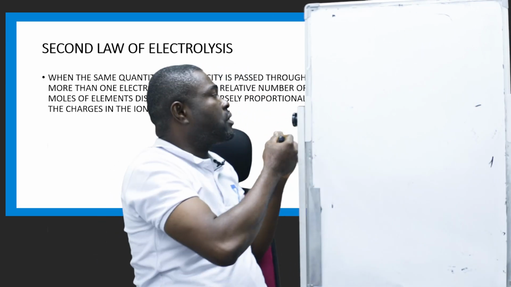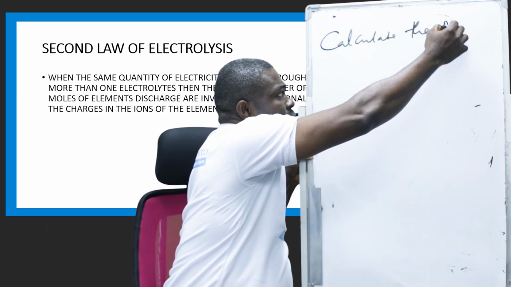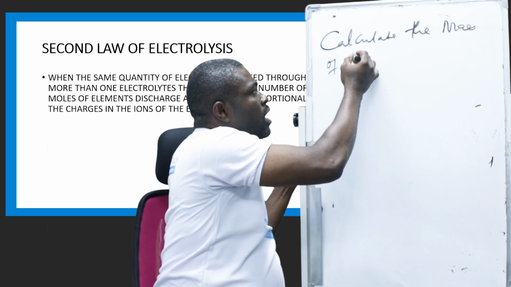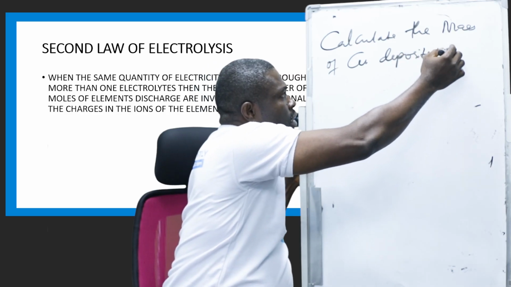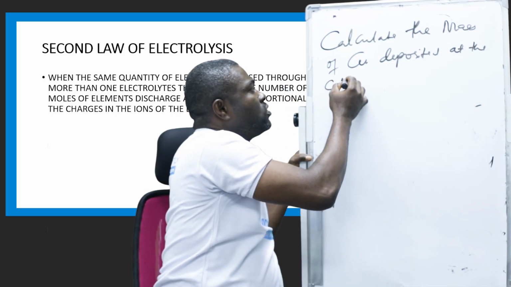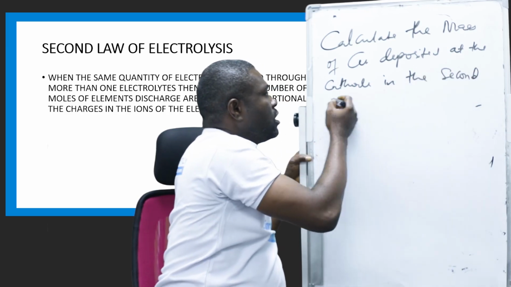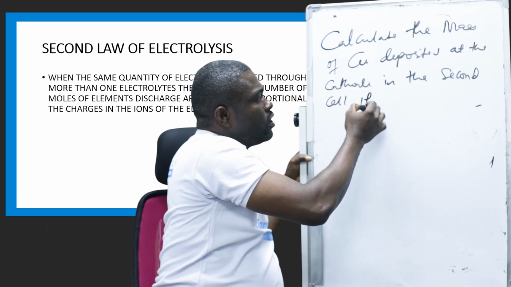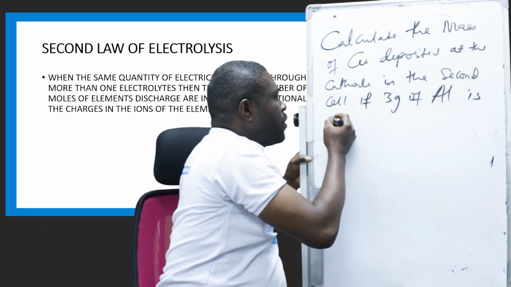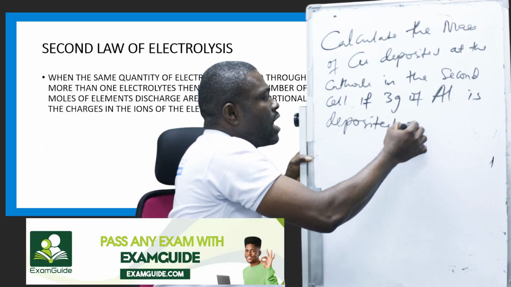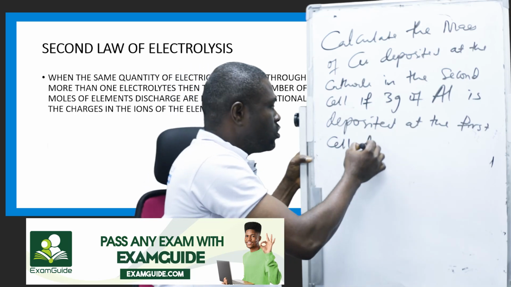Now, the question is, calculate the mass of copper deposited at the cathode in the second cell if 3 grams of aluminium is deposited at the first cell during the electrolysis,